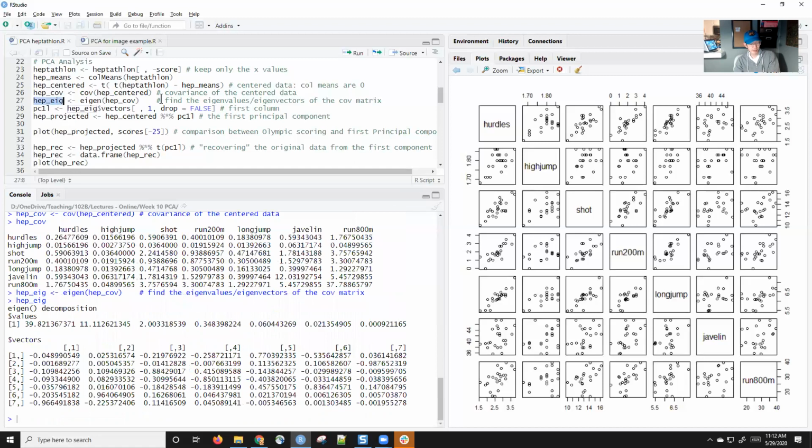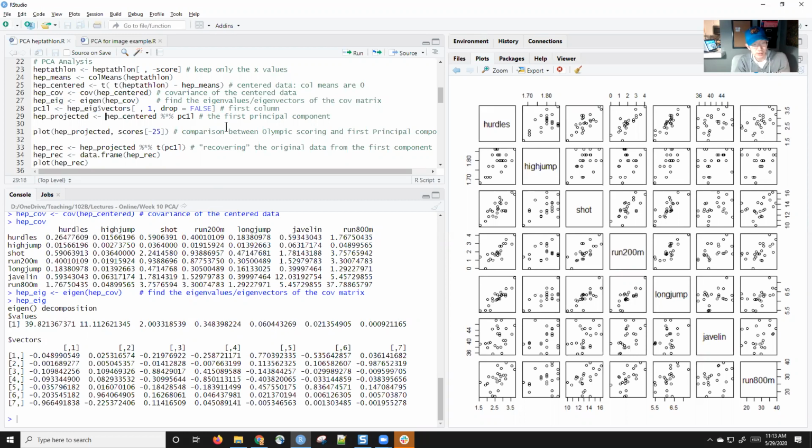The result of eigen gives you 2 parts, a list which has vector values. So we get the 7 eigenvalues, and then we get the eigenvector matrix, which consists of the 7 eigenvectors, each column being an eigenvector. And if I want to reduce this down to one principal component, I'm going to just keep the first eigenvalue and eigenvector. So I'm going to keep this first eigenvector, and these 7 weights are how we should